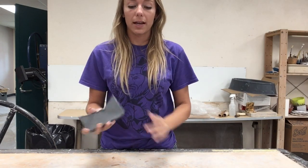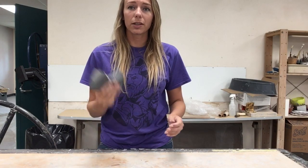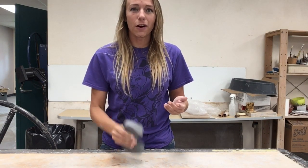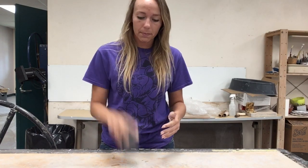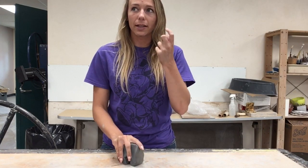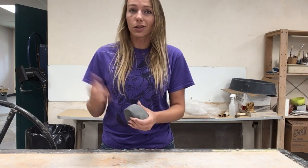When you wedge your clay, you're basically just hitting it on the tabletop. You'll notice that when you start working with your clay, even though it's in its plastic form, where it should be soft and squishy, it starts off kind of harder and denser. Imagine clay being like chewing gum, right? Right when you first start chewing gum, it's kind of hard at first, right? You get it out of the package and it's stiff. But once you start chewing it, or once you start kneading and wedging clay, it becomes softer